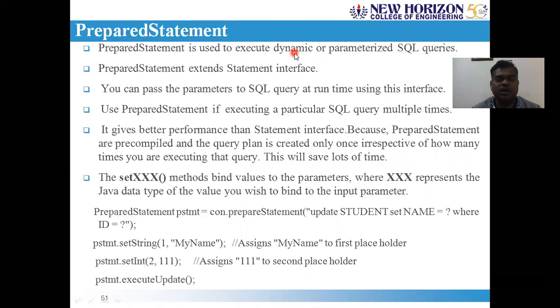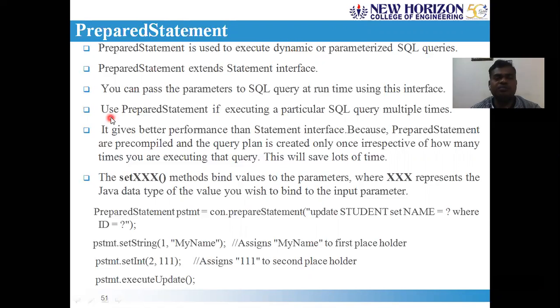We are using a question mark as a placeholder, in order to give a value for the placeholder and take the appropriate value at a given point of time. So the question mark indicates the placeholder, which means what should be there instead of the question mark will be decided during runtime.